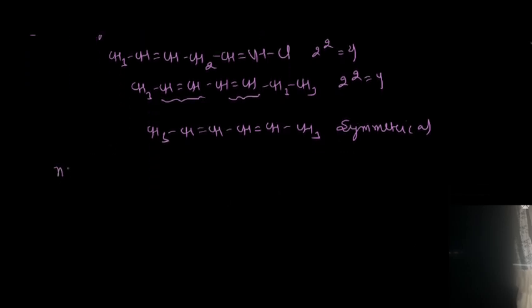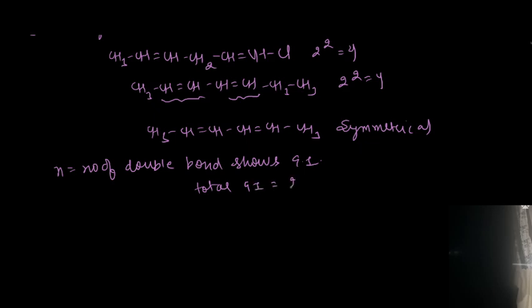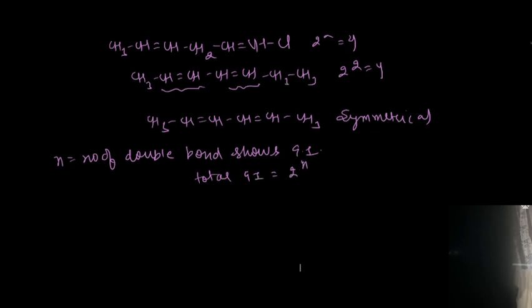So n is the number of double bonds which show geometrical isomerism. Then the total GI equals 2 to the power n. This is the total GI, right? With an example, let's say we have